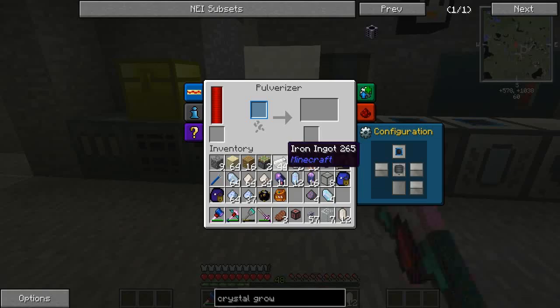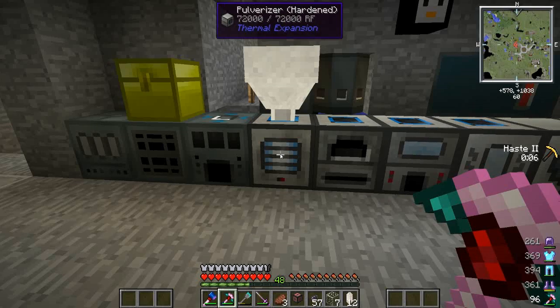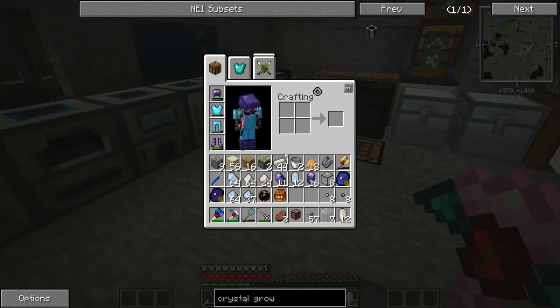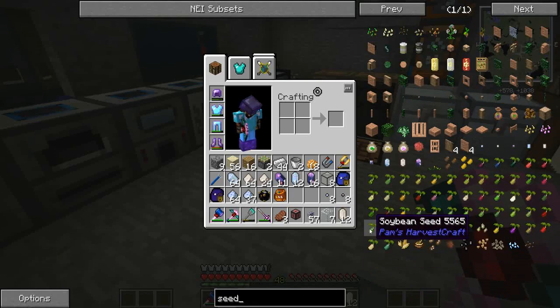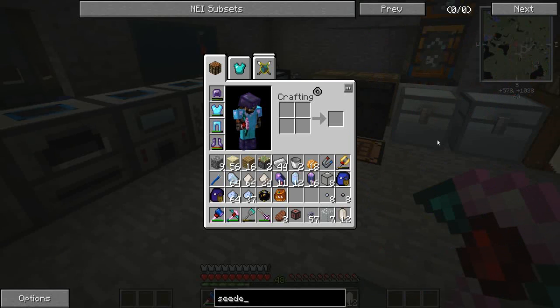So we'll just take 4 of those, just for the hell of it. Yeah, you just get regular, so no big deal. Okay, so we got 4 of each of those. I feel like I'm missing a seed. There's a Certus, another... Oh yeah,